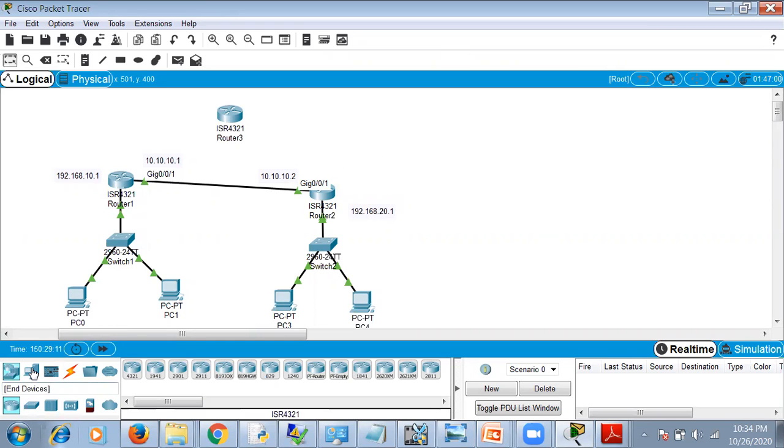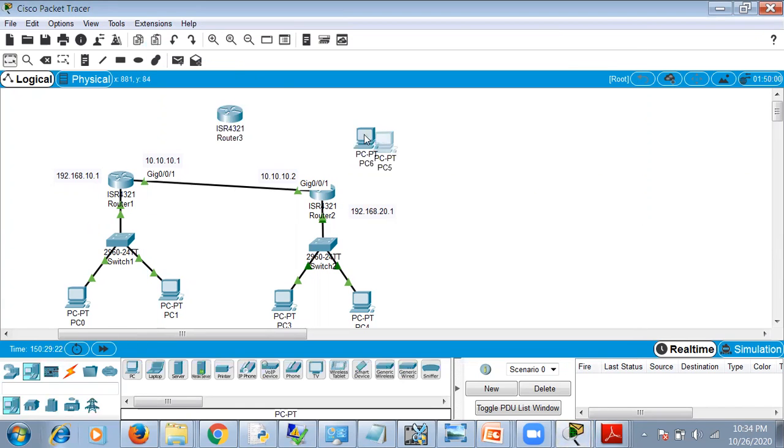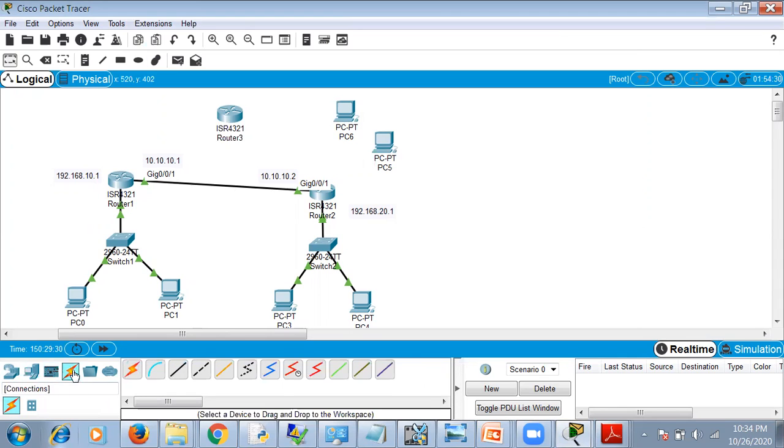We need to add the PCs also. We need to add a hub also. So we'll click on hub.